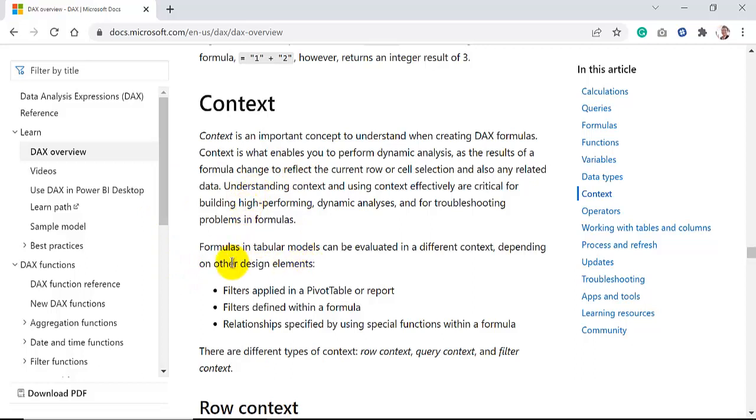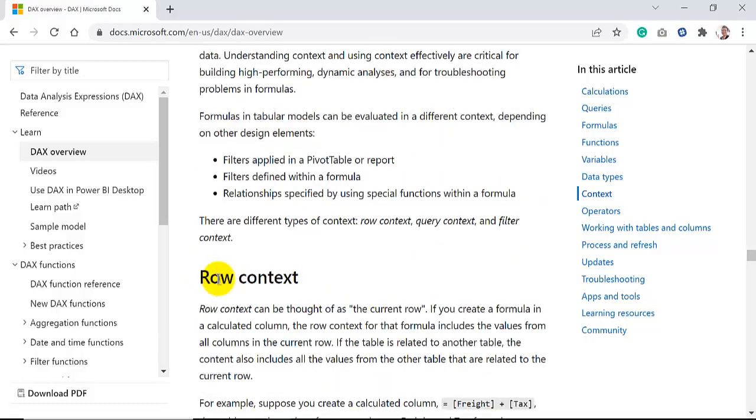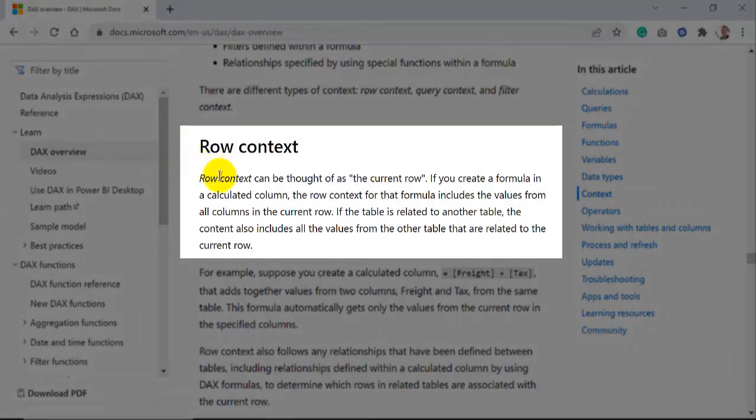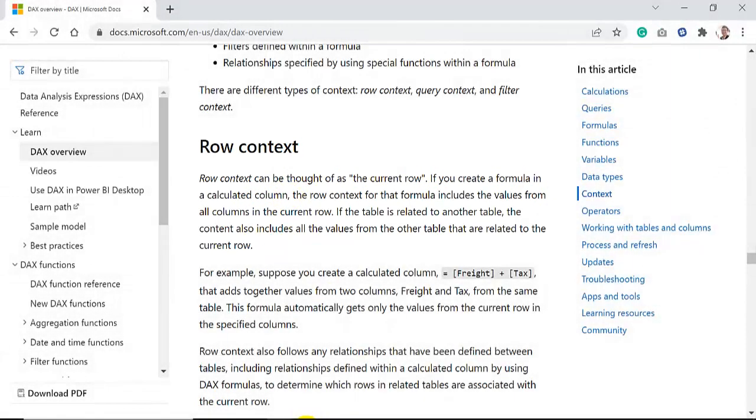There are different contexts depending on the different filters that can apply to a table or report. Filters can define a relationship between the formulas, specified by using a specific function within the formula. It's actually divided into three types: row context, query context, and filter context. Row context can be thought of as the